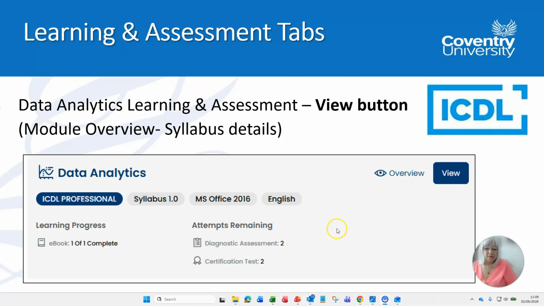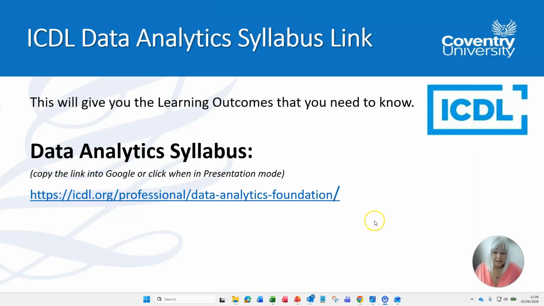So you can see here on the presentation, just to help remind you, you can see the data analytics area and how we got to the view to look at the learning progress or the learning resources. And you can see your progress there when you've completed the different sections or lessons in this case. So next, what you can do is you can also look at your learning outcomes and see them from a syllabus point of view. So if you click on this link whilst you're in presentation mode, or just copy and paste it into a Google URL,